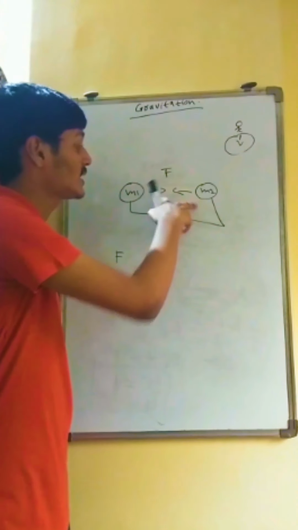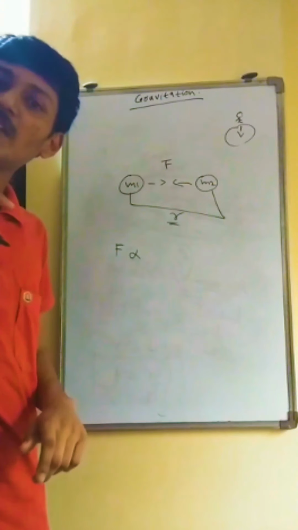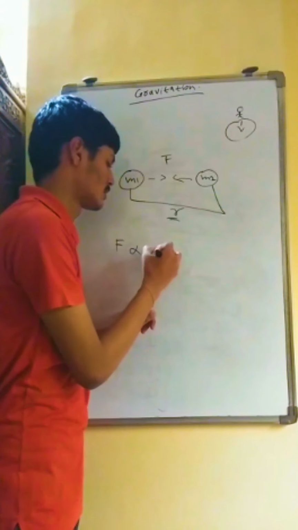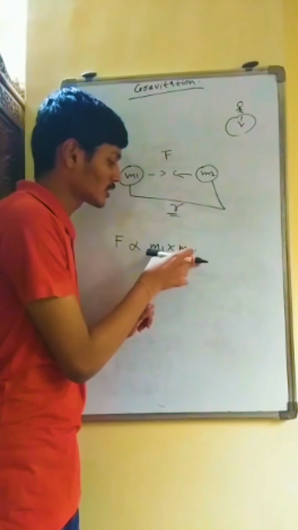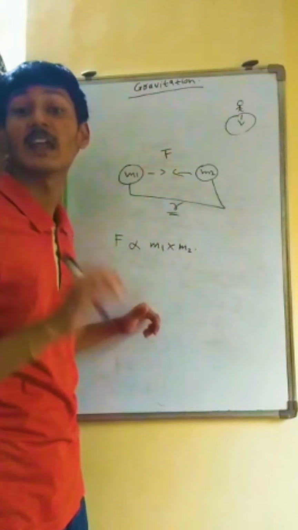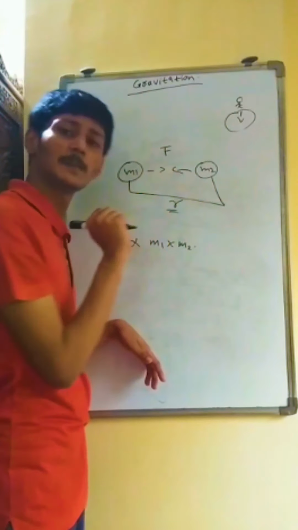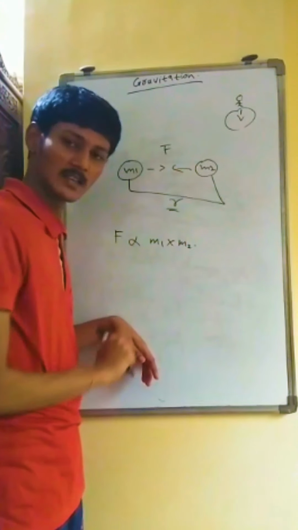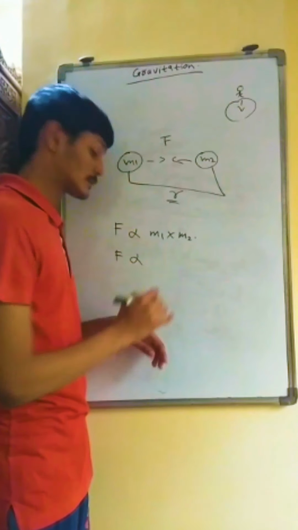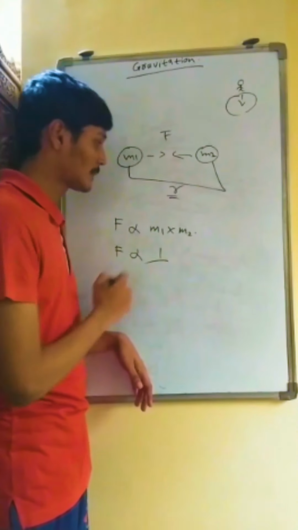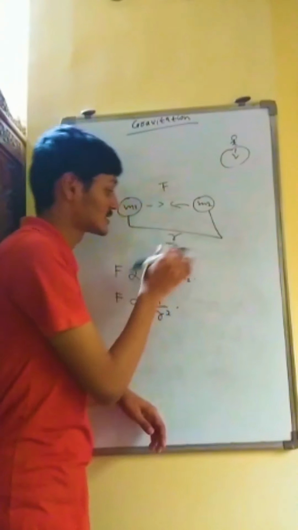Force will be directly proportional to the product of the masses of the bodies. Whenever it is a product, it means multiplication. So m1 into m2. The product of these masses is related to the gravitational force acting on the two bodies. However, there is a certain distance which separates them. So the force will have some relation to it. If it is the product here, it will be division there. So here the force will be inversely proportional to the square of the distance separating the bodies.